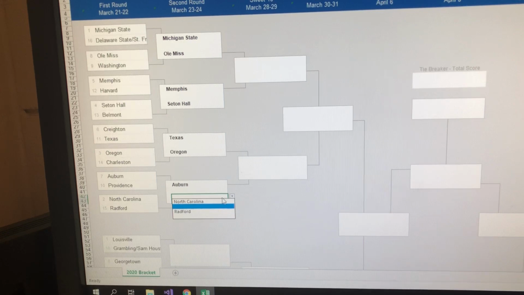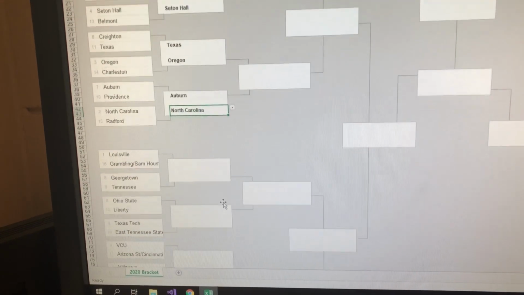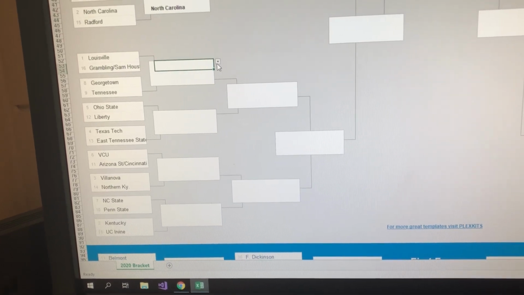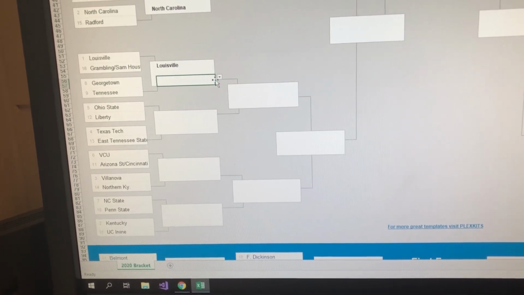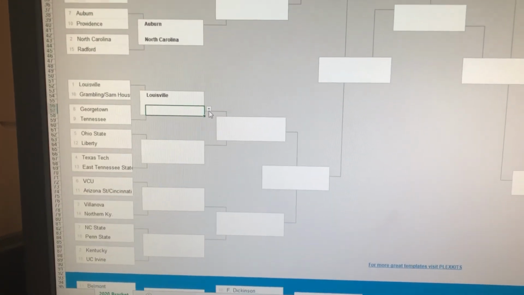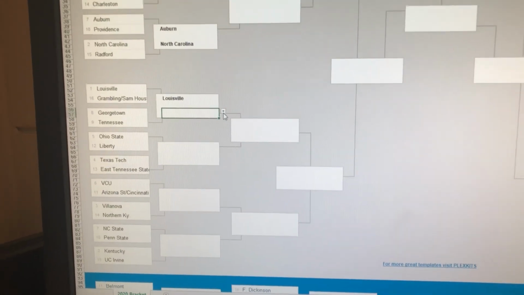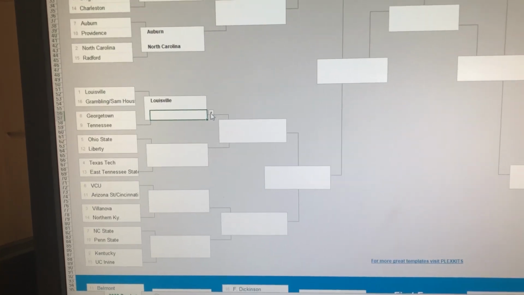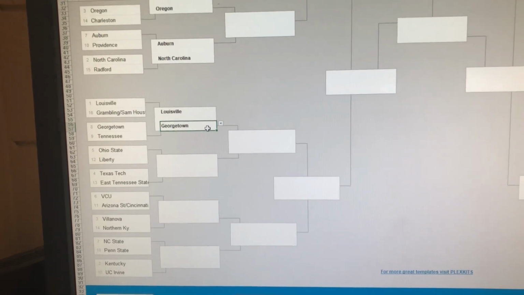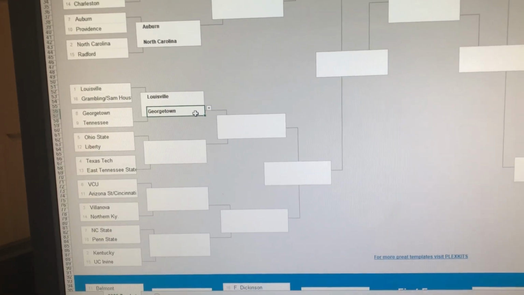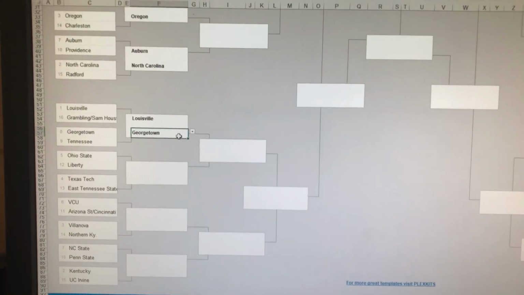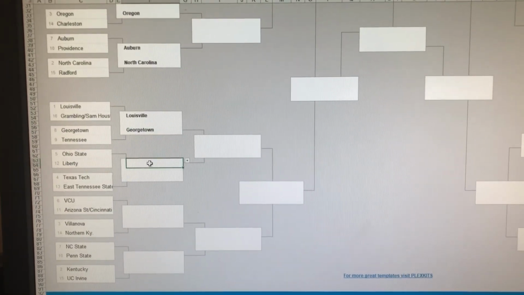Then we've got North Carolina obviously beating Radford. Then we'll go down here to, I don't even remember what regional this is, but Louisville obviously will beat the winner of Grambling and Sam Houston State. Georgetown, I think, will beat Tennessee here with Mac McClung. Tennessee will get as many wins in this NCAA tournament as they did against Georgia State in football this year: 0. I hate Tennessee, but I like Grant Williams, because he's on the Celtics now, and I was okay with Admiral Schofield. I don't know where he ended up, if he went to the NBA or not. I think he graduated. I don't know.